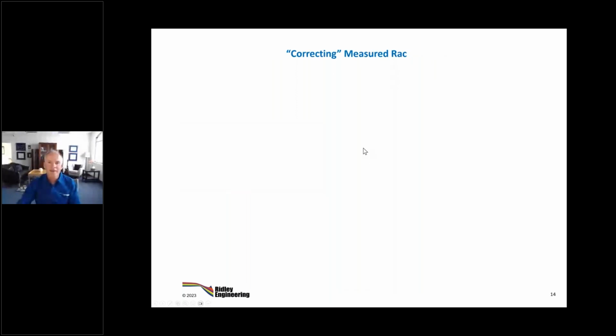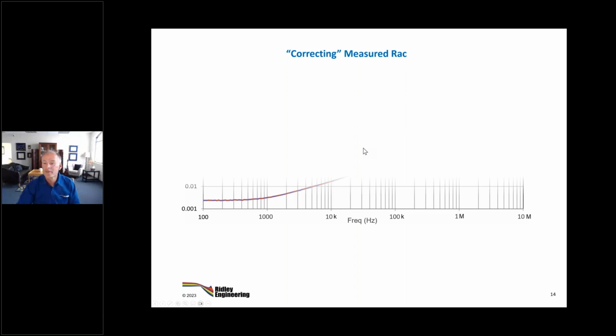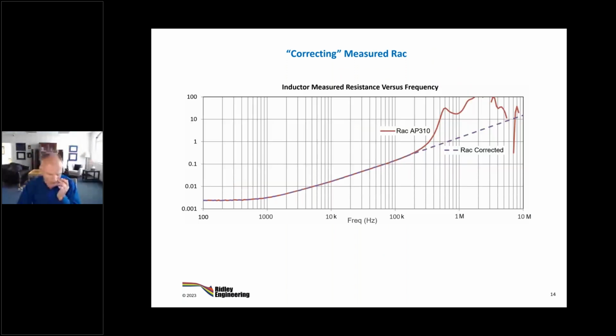And that gets us to the next part, which no one's going to like, especially in the universities. We don't publish this. We'll publish it on our own sites and in magazines, but we'd never try to publish this in a transaction because everyone's going to say, well, what's your justification? And our justification is, well, we've been doing this for 40 years. We know when the AC resistance goes wrong.